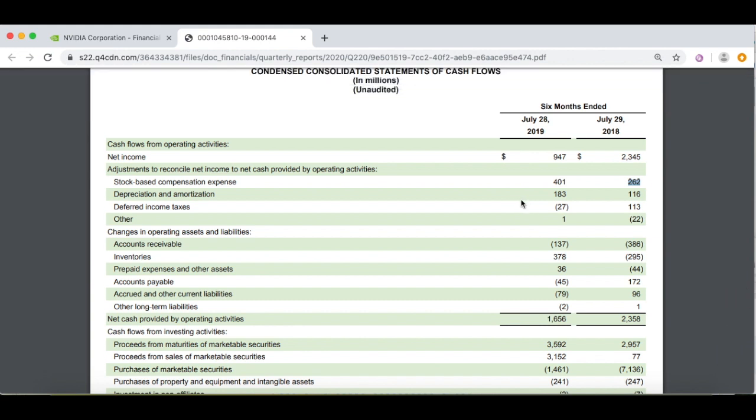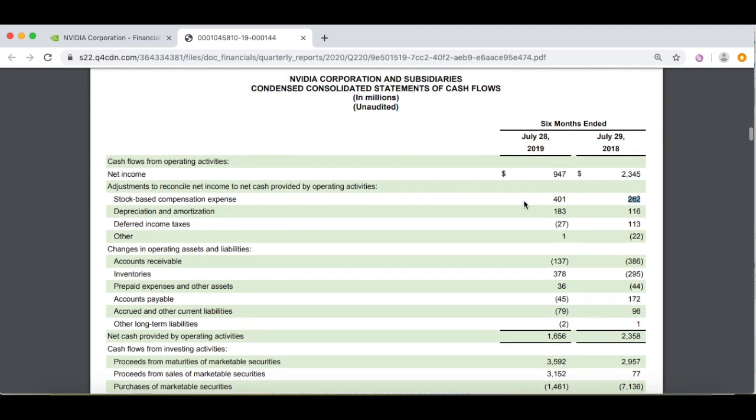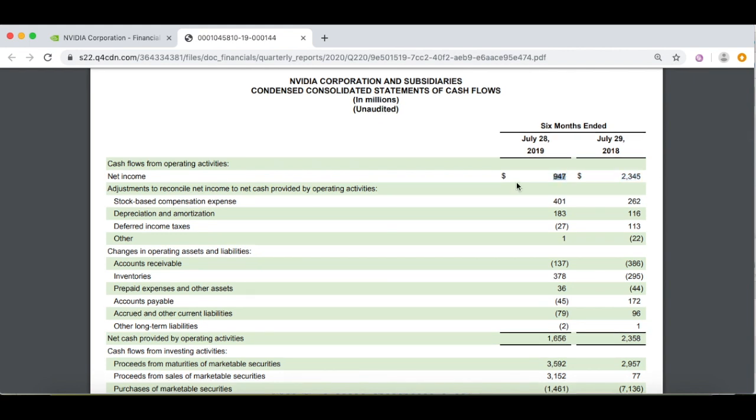Not saying it is here in this case, but for some companies it might be a problem that they're still dishing themselves out this amount of money when net income slid by over 50%. So we've got depreciation and amortization. Again, some of this stuff is